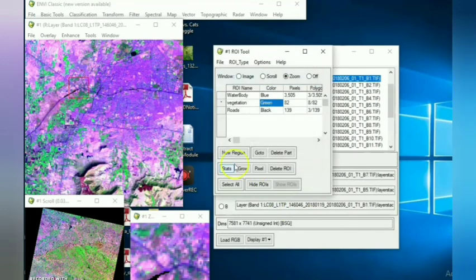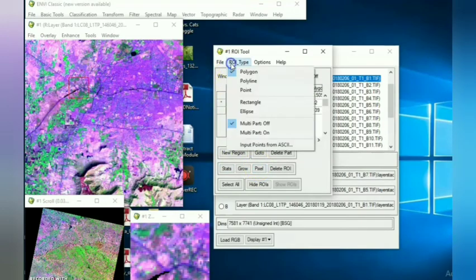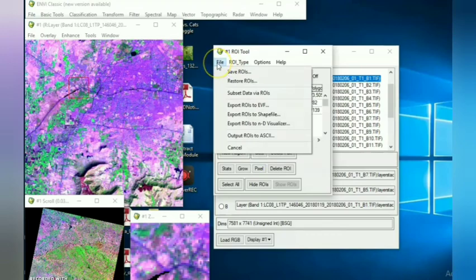Select all the ROIs we have constructed and save them. Now here is the Go To option. You can use Go To to go to a particular region of interest. With Save ROI you can save the ROIs. Again you can restore the ROIs for the particular image you have created by using Restore ROI.